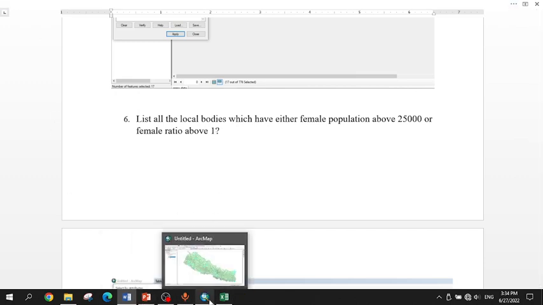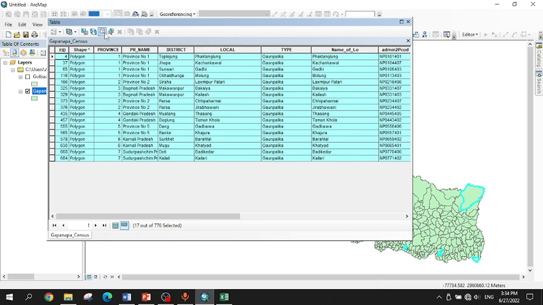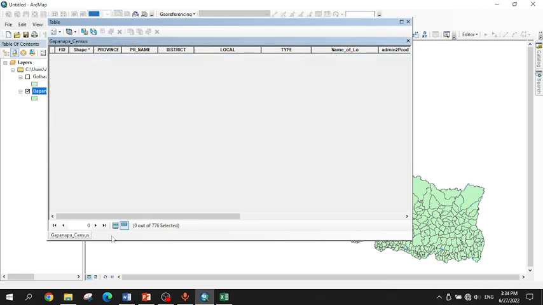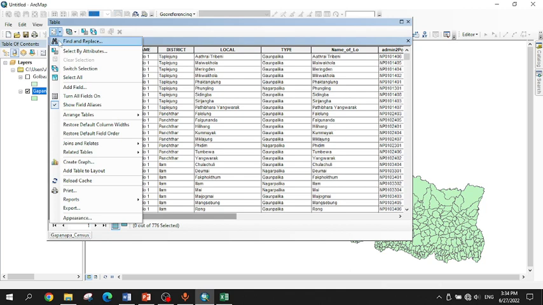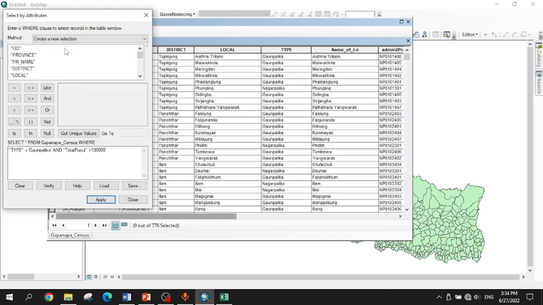For this, you have to go to ArcGIS, clear selection, and click here, go to attribute table, then at first you have to delete this, then you have to select female population greater than 25,000